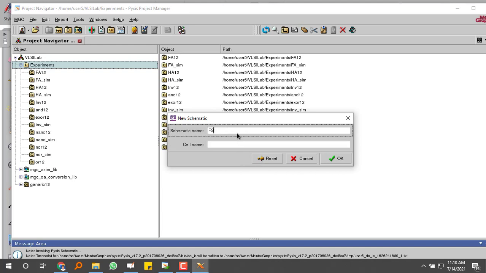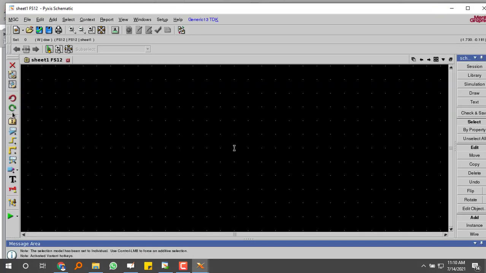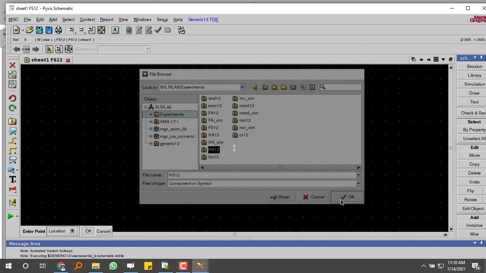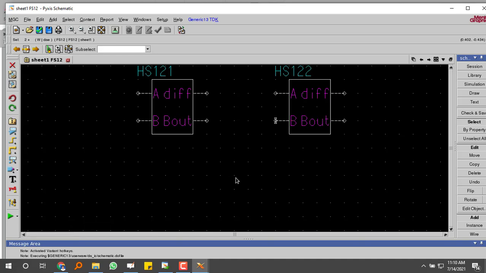So full subtractor 1, 2. So now from this experience only, half subtractor is there, no? You take the half subtractor and 2 half subtractors you take.